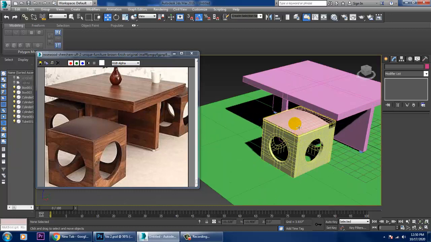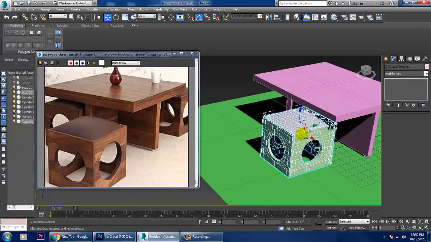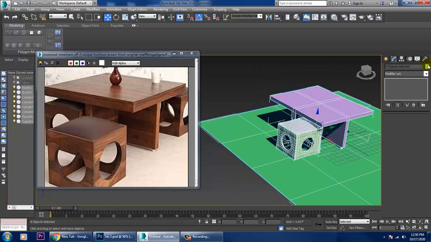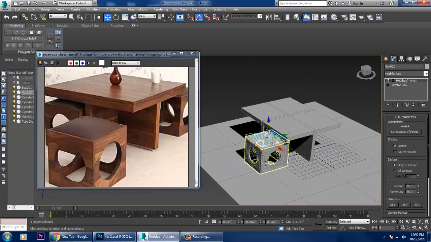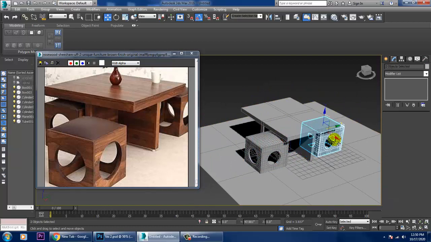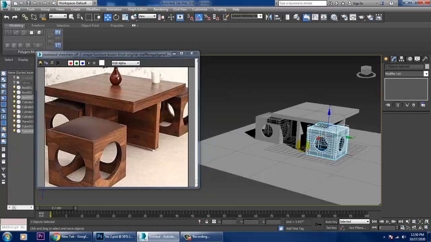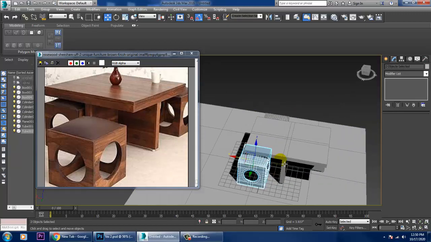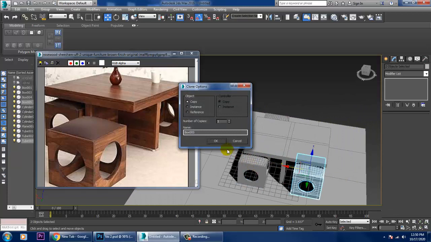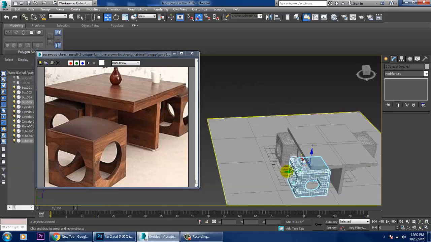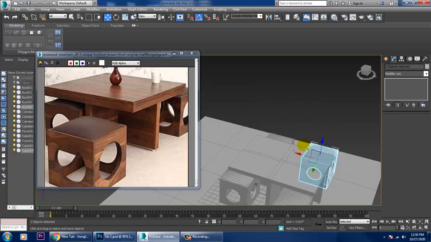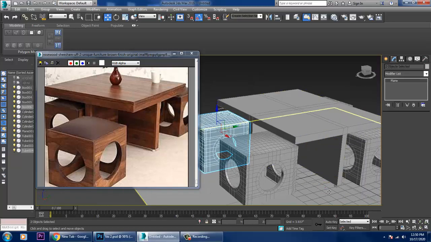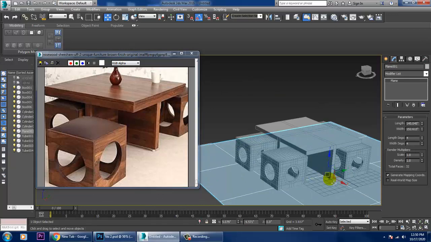So you can just select this. So select this whole thing and just give any color to it. Select this and this, make a duplicate of it over here. So again, make a copy of it, drag it out and make one more copy of it. That's it. So that's how it's done over here now.